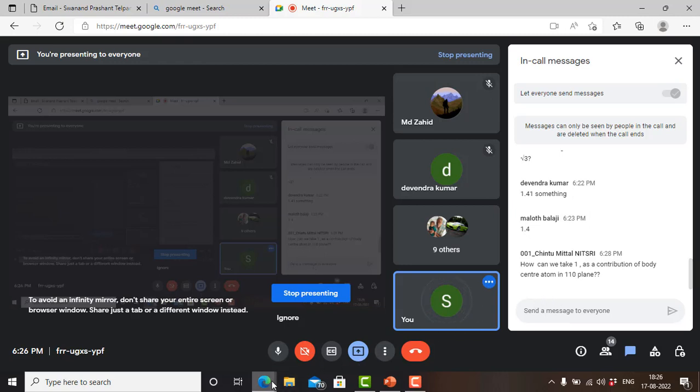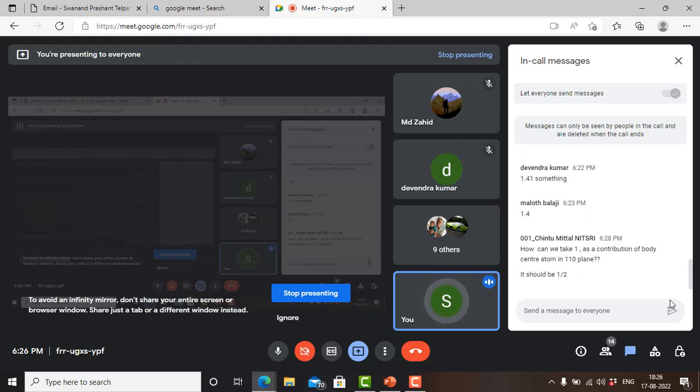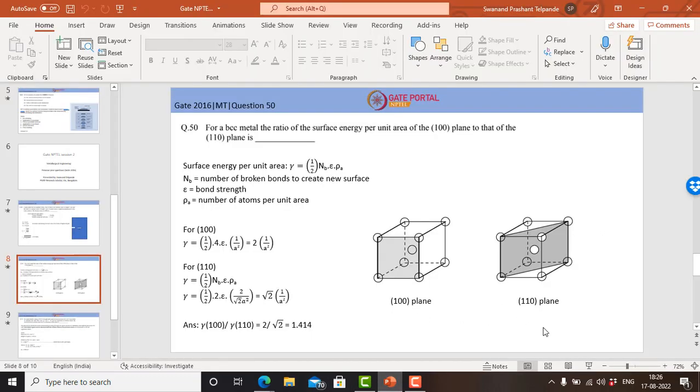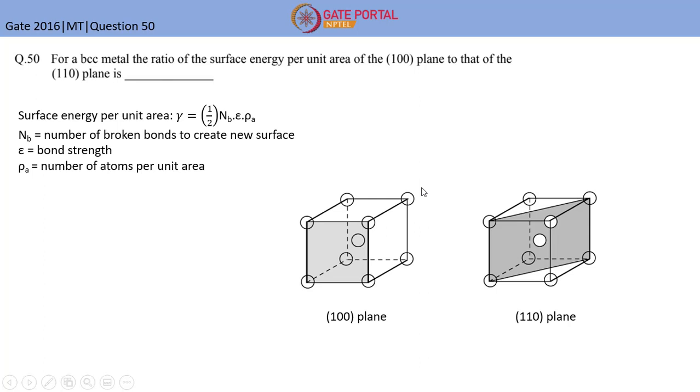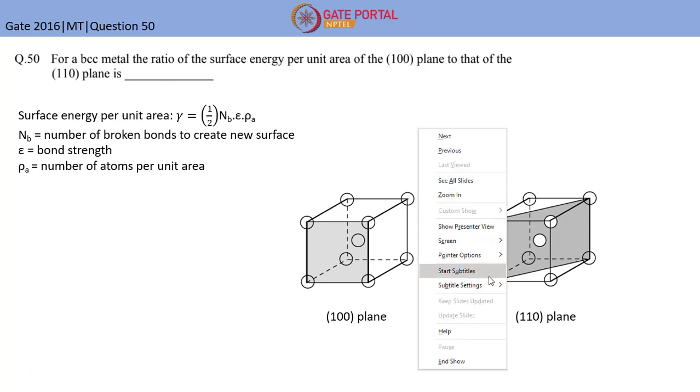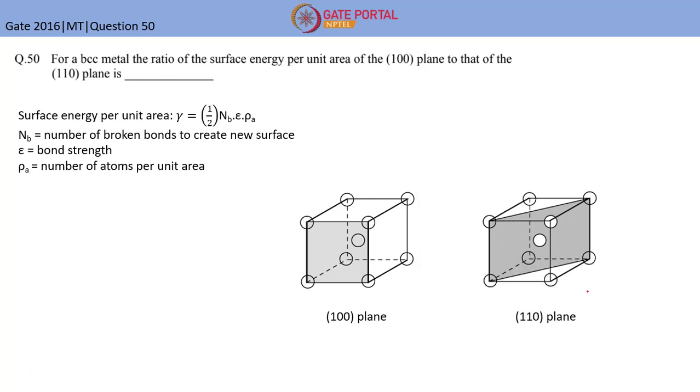Okay, so the question is, how can we take 1 as the contribution of the body center atom? It should be half. Okay, so if you see a 2D image of that 100 plane, 110 plane, I will show you. So if I draw here